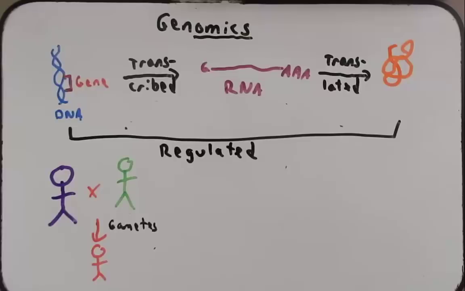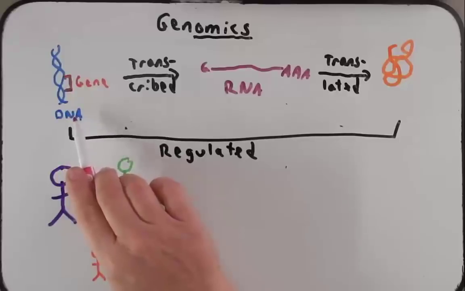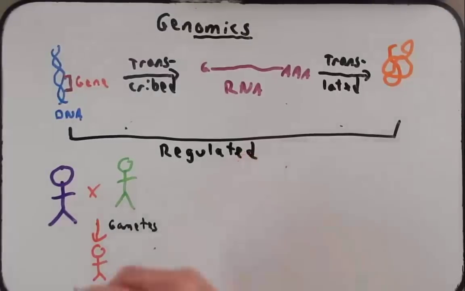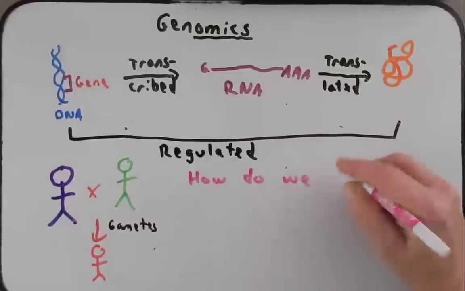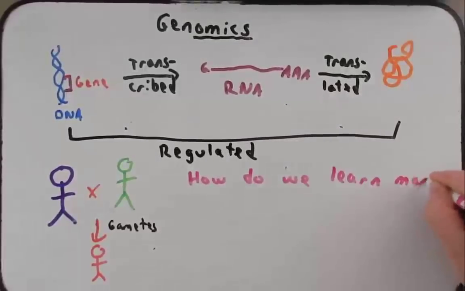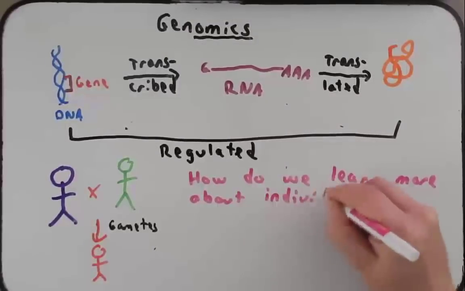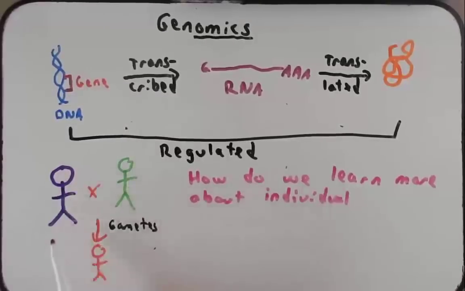We talked about all the laws of inheritance and the variations of those laws that explained how we see certain traits. But now what we want to do is we want to take our knowledge of genetics, the process of how DNA turns on genes, how it copies itself, how it's passed on to our children. We want to take that knowledge to try to understand the whole organism. How do we learn more about individuals? The organism. How do we know more about this organism here, this stick figure human I drew in purple here? How do we know more about him or her? How do we know more about this other human stick figure I drew? How do we know more about their progeny?